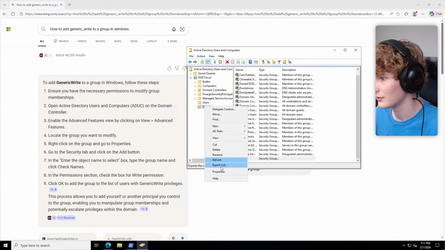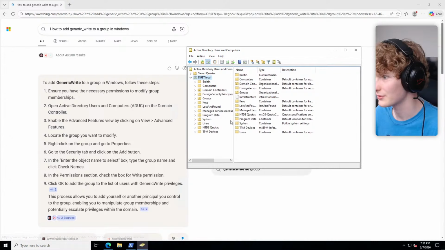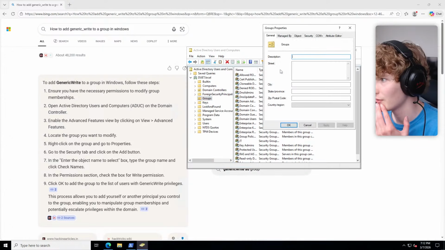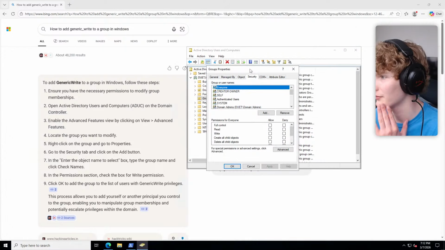View? Advanced features. Oh, here we go. Groups, properties, security. There we go. It's interesting that's not already a feature.